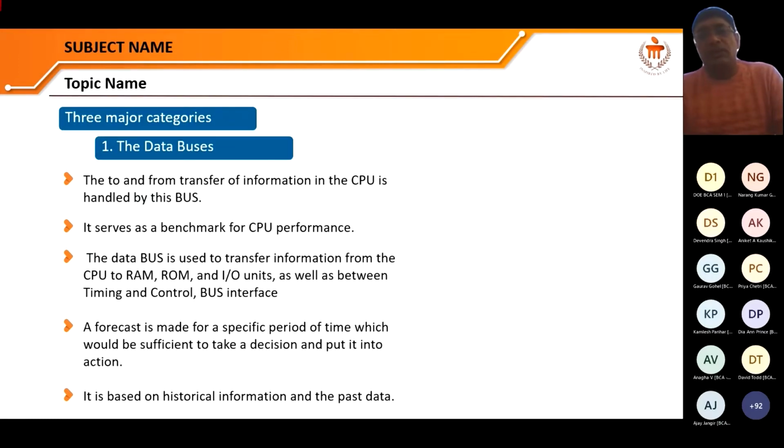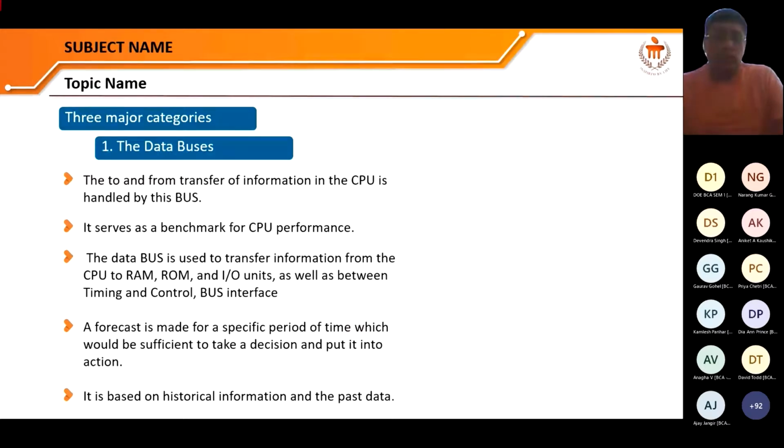Timing, because we manage the CPU in MIPS, and when the CPU sends a message, the main role is played by MIPS, million instructions per second. How can we find these million instructions per second? We have heard that a CPU is rated in gigahertz and megahertz. This is the power, and it depends on the clock, how many clocks are working in a particular amount of time, and in a certain amount of time how many instructions are executed. These executed instructions are measured by MIPS, million instructions per second.